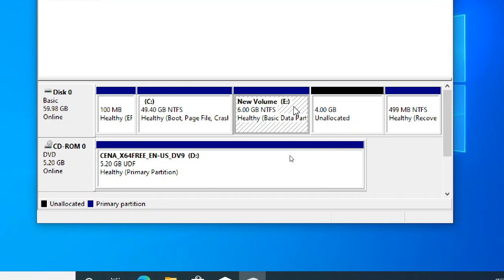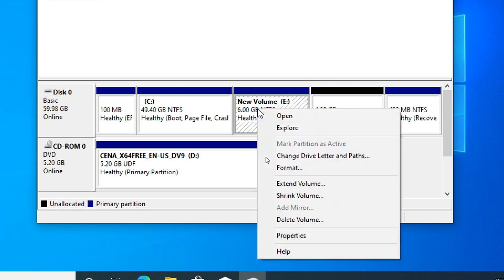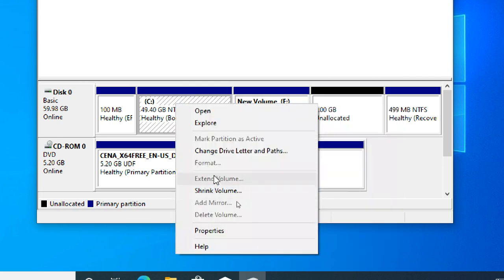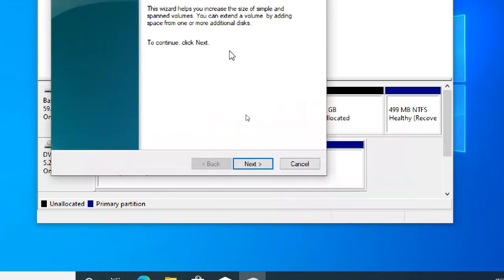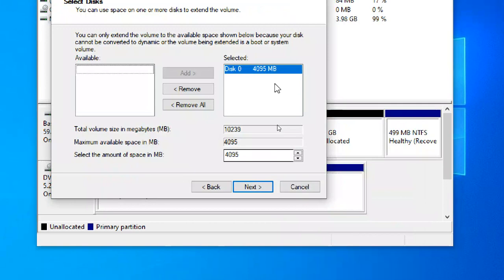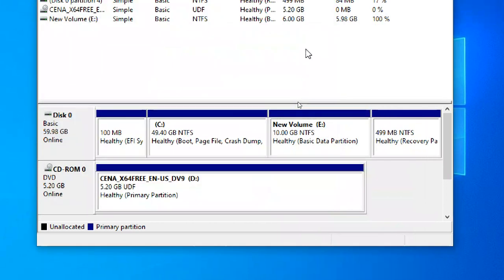So directly we are telling it like that, but the internal mechanism is different. It is actually divided based on sectors and tracks. Okay. If you click on E drive, you can still see extend volume, but in C drive you can't find extend volume. So here you can get extend volume, E drive, 4 GB is available, finish. Now it becomes a full 10 GB volume again.